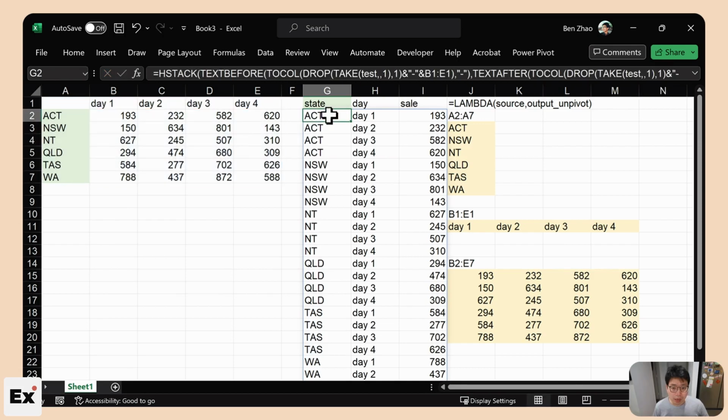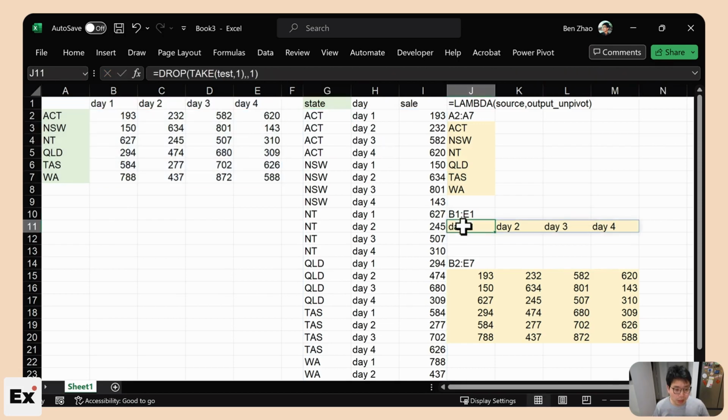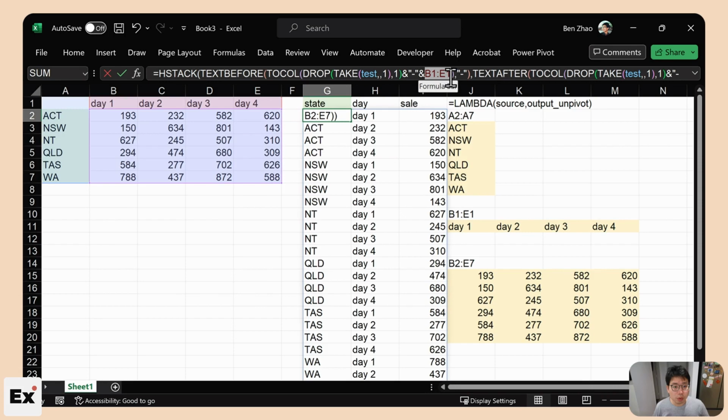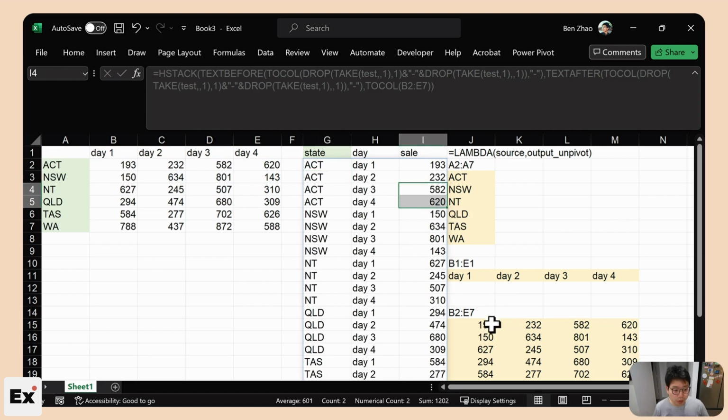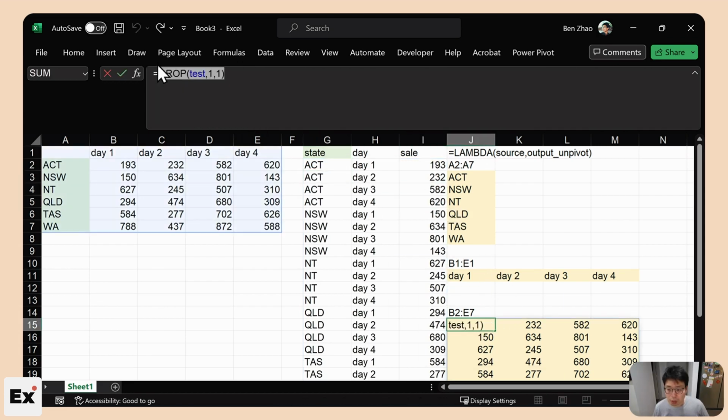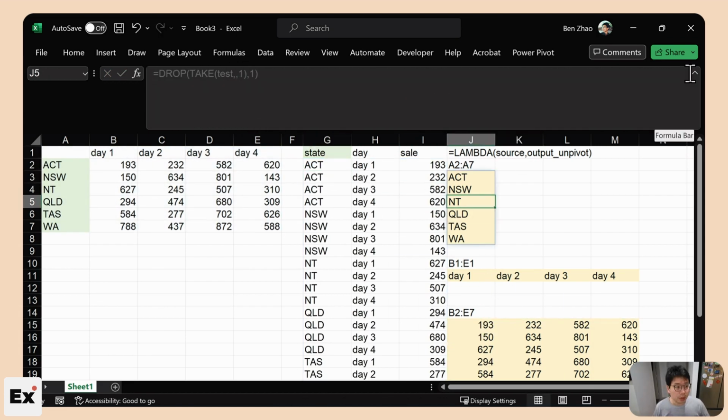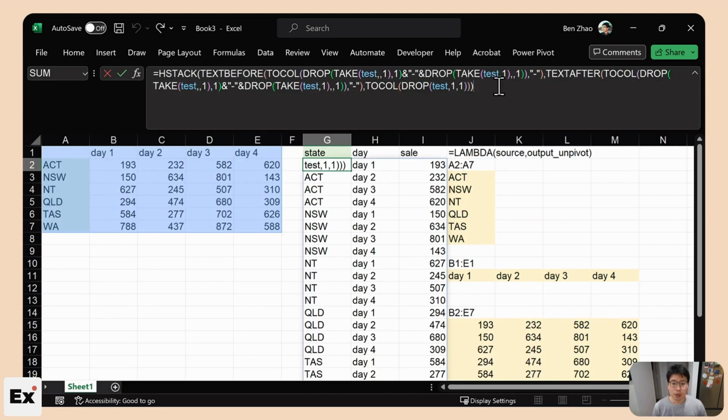Once we're done, the data set has no change, all good. Next, replace the B1 to E1 with that, and there's another B1 to E1 here, replace that, enter. Nothing has changed, all good. Now copy the B2 to 7 bit and enter. If we review this, you can see that all the blue text is a variable about